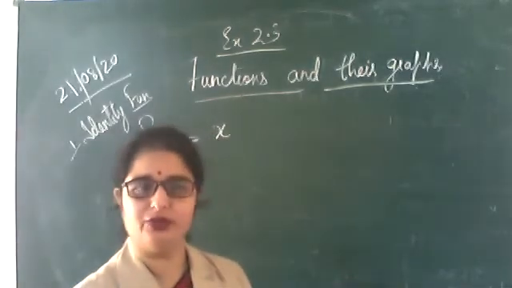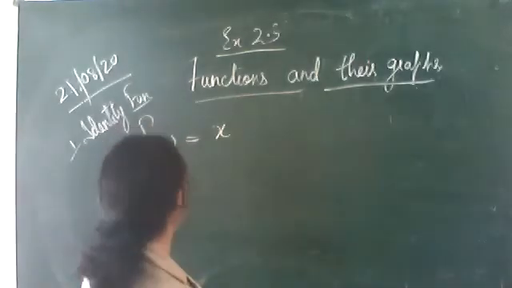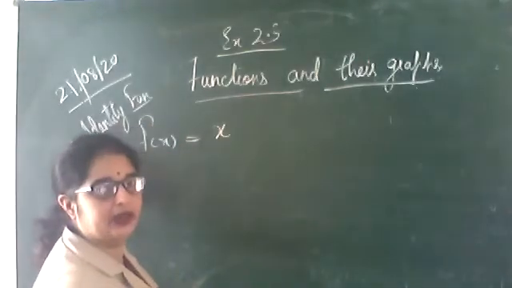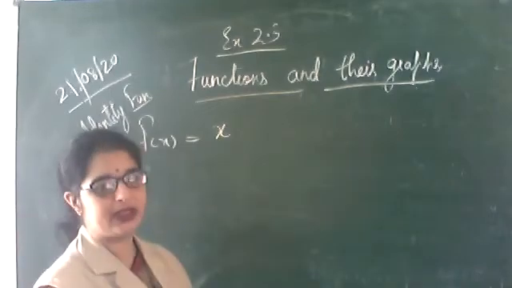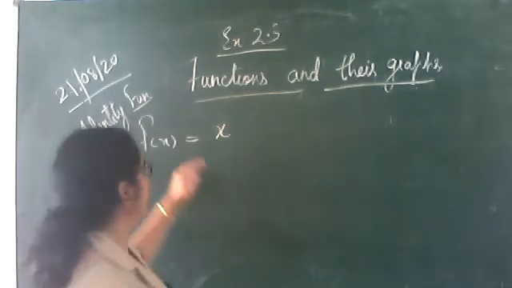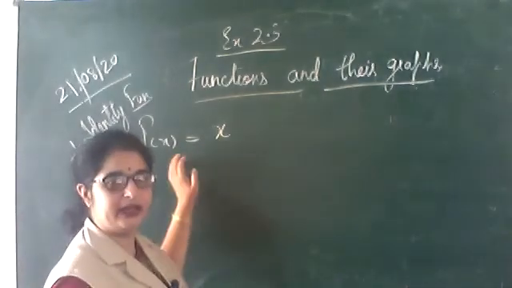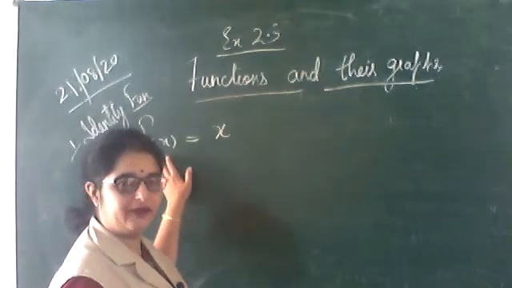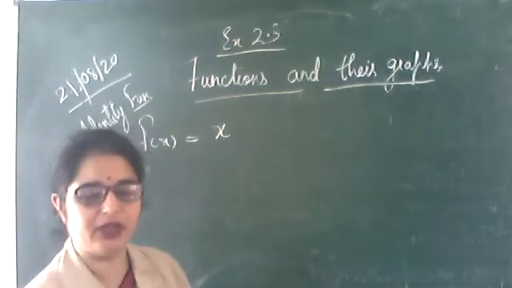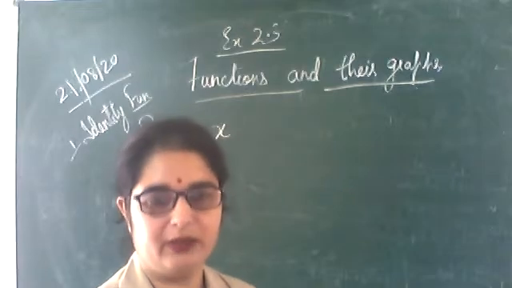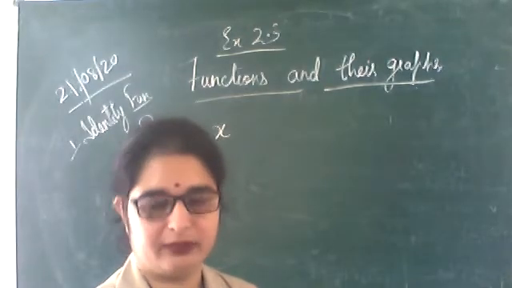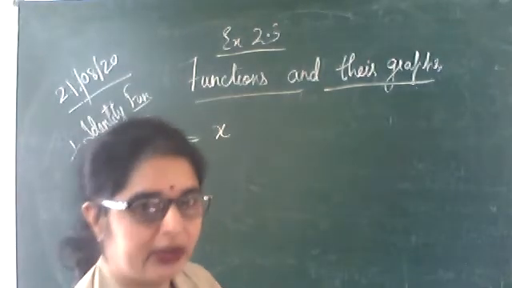Graph, you all know how to draw a graph. So the first function is our identity function. Identity, by its name itself, the function will be what? f(x) is equal to x. The identity function will have f(x) is equal to x. What is your identity? Yourself. When you see in the mirror, what do you see? Yourself. So what is your identity? Obviously you are there. Clear?